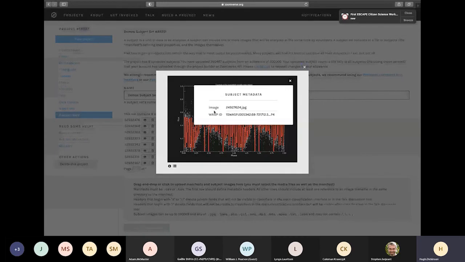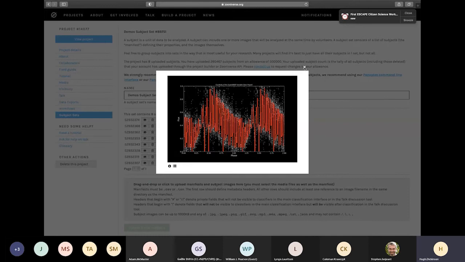So the ones that we uploaded yesterday have this image metadatum, which is just the image, and these ones have WASP ID. The ones that we've uploaded from our Python demo won't have this WASP ID. They'll have a hidden one called local image ID or something like that, and another one called origin, which will say Python demo. Okay, so let's close that down